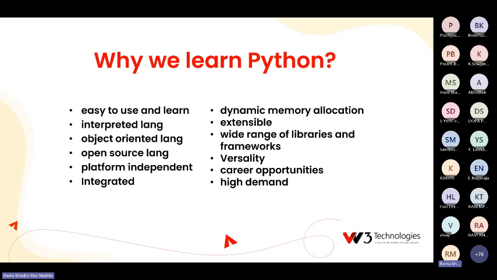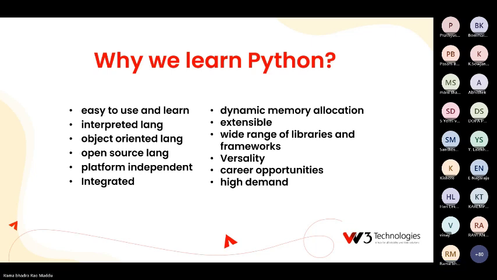And it is platform independent. Platform independent means Python will run on the Windows operating system, on the Linux operating system, on the Apple operating system, on any platform. Once you write the code, you can execute the same code on any operating system. No need to compile, because Python is an interpreted language. Line by line it will read, convert, and execute the code. That's why it is platform independent. On any operating system, Python will execute.